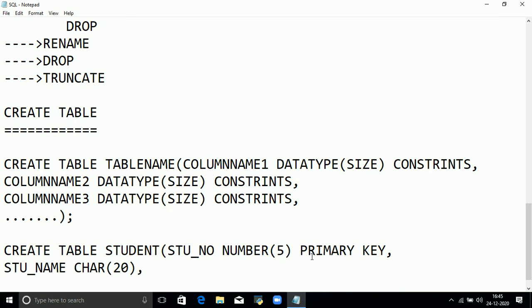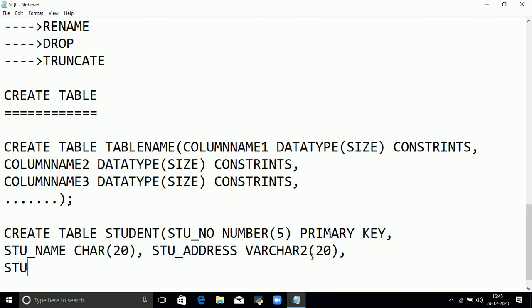No need to specify a constraint. Another column is student address, using varchar2 of size 20. One more column, marks, which is number data type of size 5.